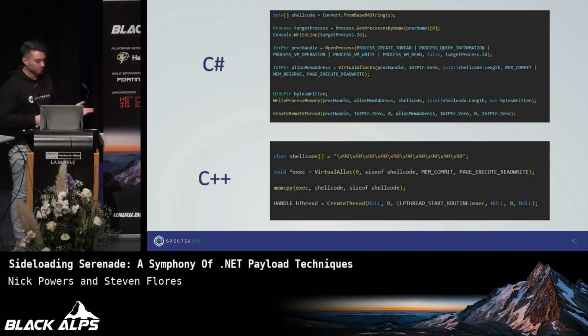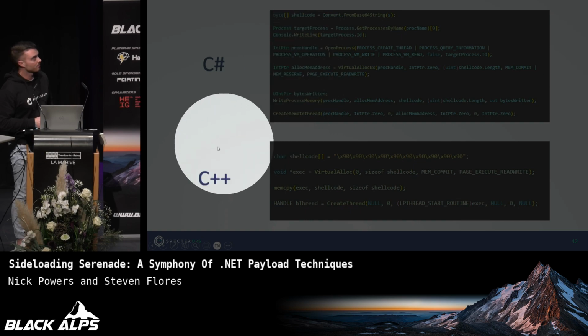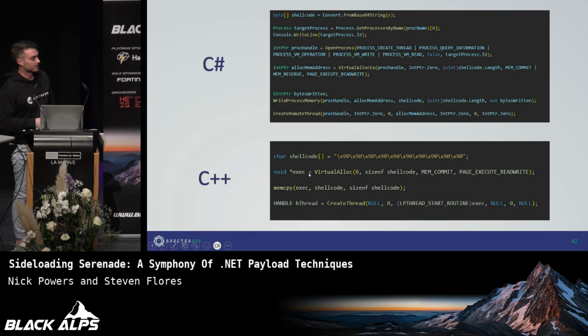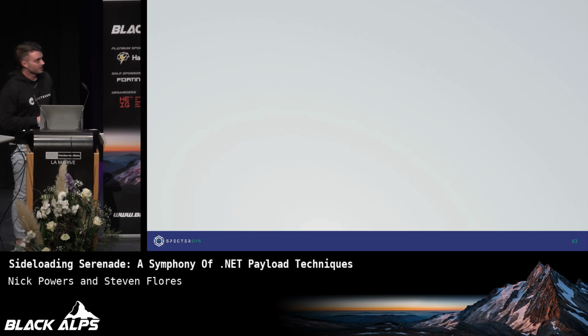Here are two pretty simple examples in C# and C++. The C# example here, you'll notice, is making an API call to create remote thread. So this is remote process injection, and this is just injecting inline in the process that's executing this code. And before I jump into the OPSEC notes associated with this,